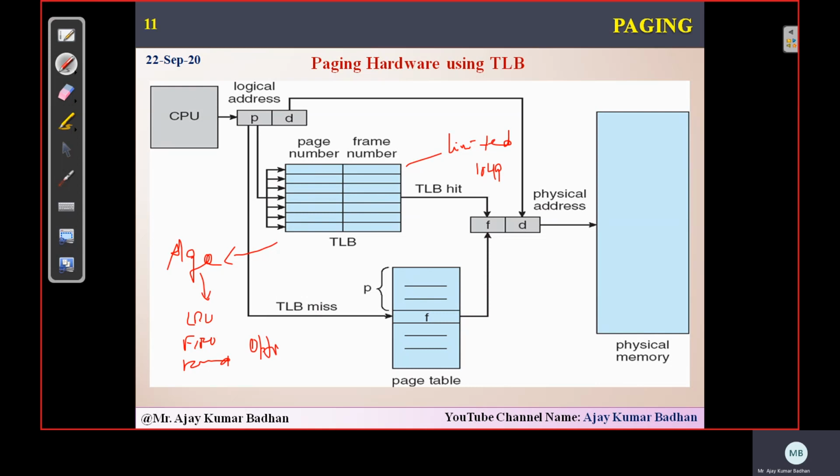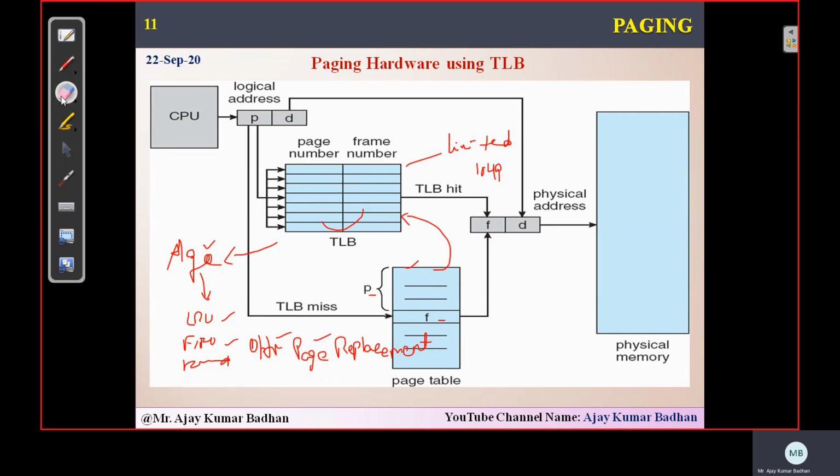LRU is an optimal. So that we call page replacement techniques. So we need to replace. Whenever this particular cache is full and a new page you're trying to access from the page table, that page number and the frame number should be added into this TLB. Since this particular TLB is full, we need to remove one of the pages, and in that place we need to allocate this. So we have different types of algorithms that we are going to see in the next half of your third unit. In that we have LRU, least recently used page replacement technique, FIFO page replacement, and optimal.